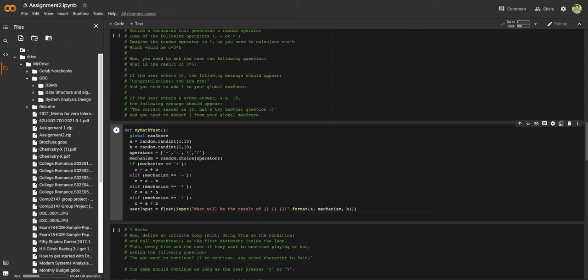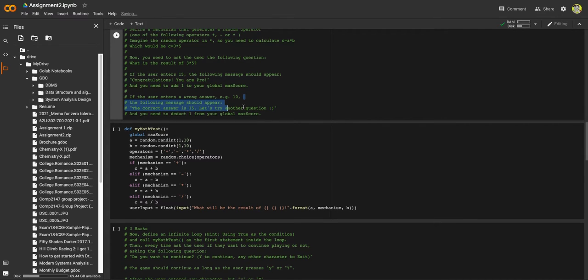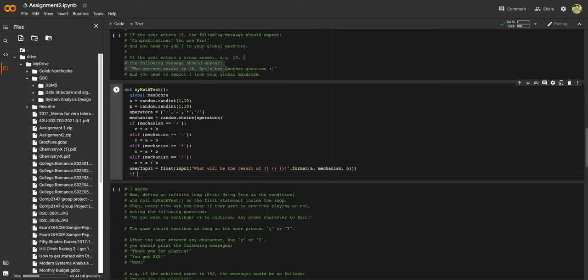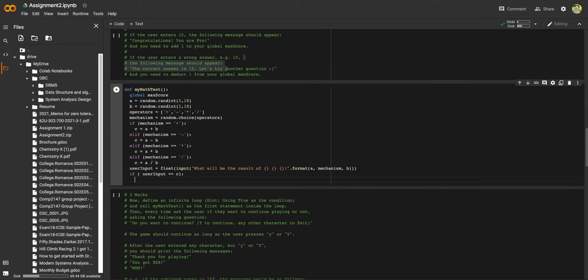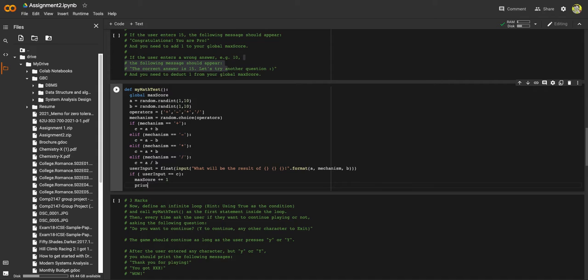Now checking, I guess, done. If the user enters 15, it will be a correct result and add the score of the user into this. If user input is equal to C, then max score is equal to plus 1, and then print the message: congratulations, you are pro. Otherwise,